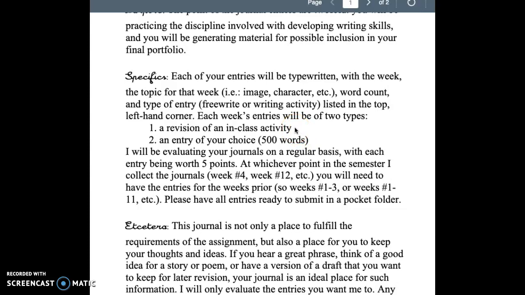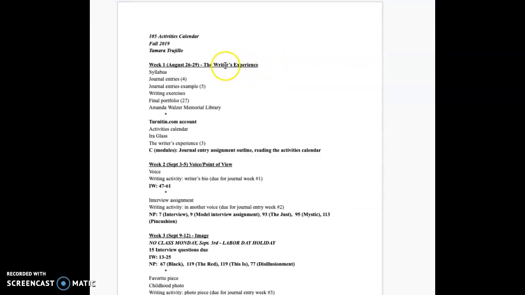And what I mean by this is that every week, as you can see on the activities calendar, is devoted to a different subject or topic. So week number 1, the writer's experience. Week number 2, voice and point of view. Week number 3, image, right? So each of these subjects, basically elements of the craft, for each of these weeks,